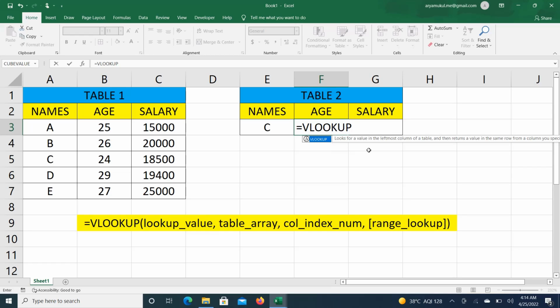First of all, concentrate on the definition given here. It looks for a value in the leftmost column of a table. This is the table and this is the leftmost column. So it will look for the value of the variable present in the left column. C is present in the leftmost column here in table 1, and it will check its information. Then it returns the value in the same row. That means it will provide me the value of C, that is age and salary, in the same row,